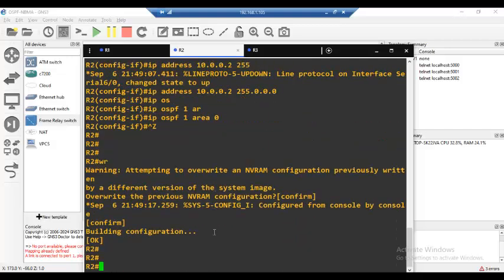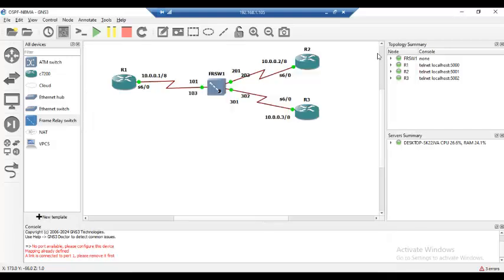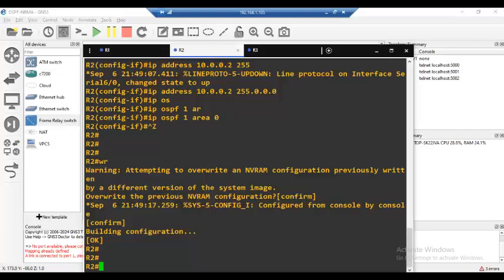ARP works in Ethernet. In frame relay, what works is inverse ARP. You see, in frame relay,